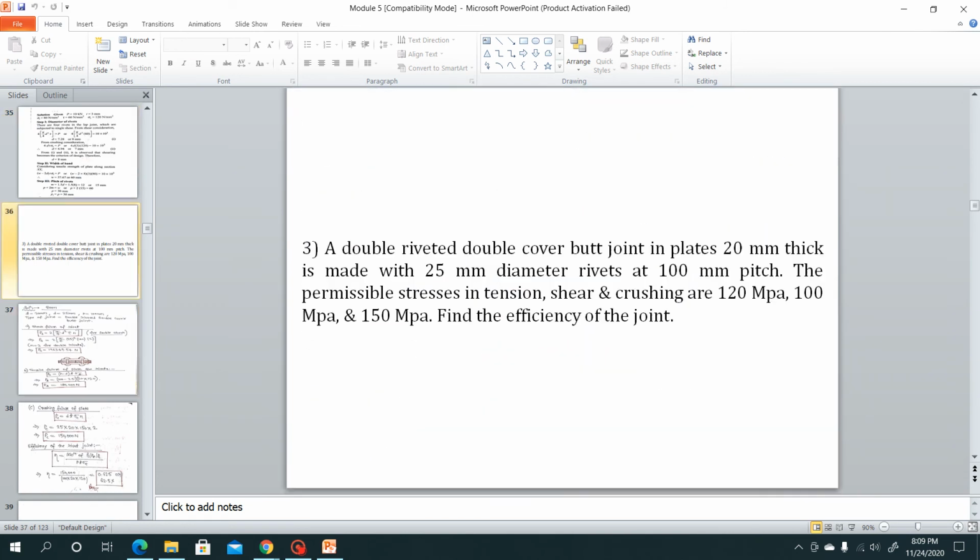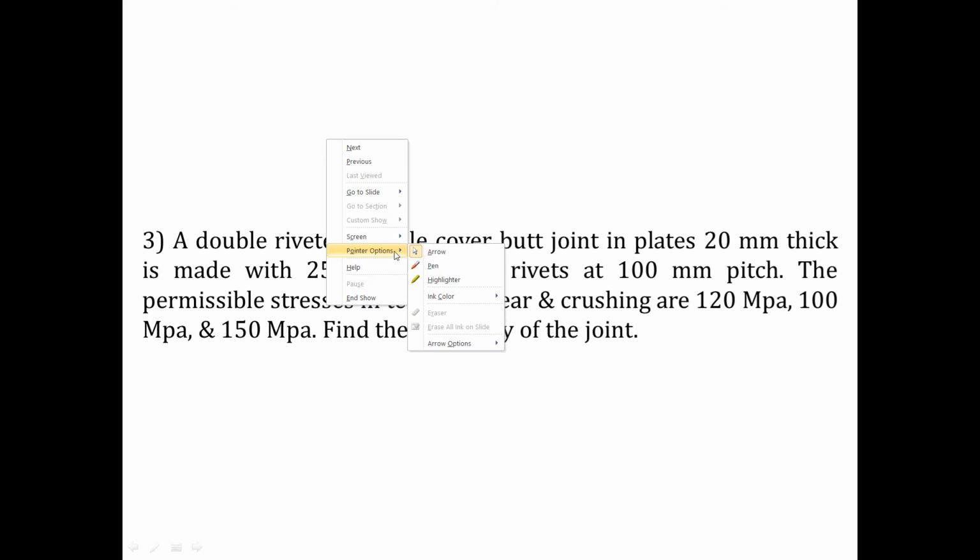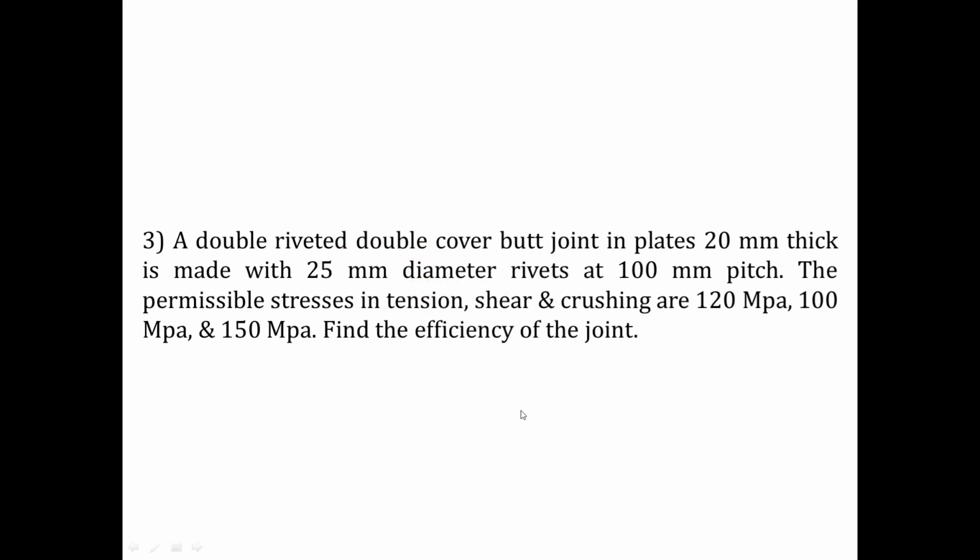Okay, we were discussing this problem. Now I can write, fine. So what we need to find out in this problem? We need to find out the efficiency of the joint. In order to find out the efficiency of the joint, first let us see which type of rivet joint is used in this problem. In the very first line, it is clear that the type of rivet joint used is double riveted double cover butt joint. That means